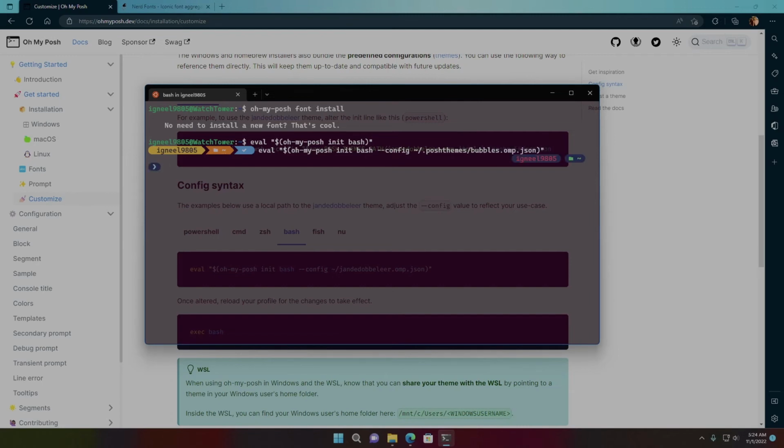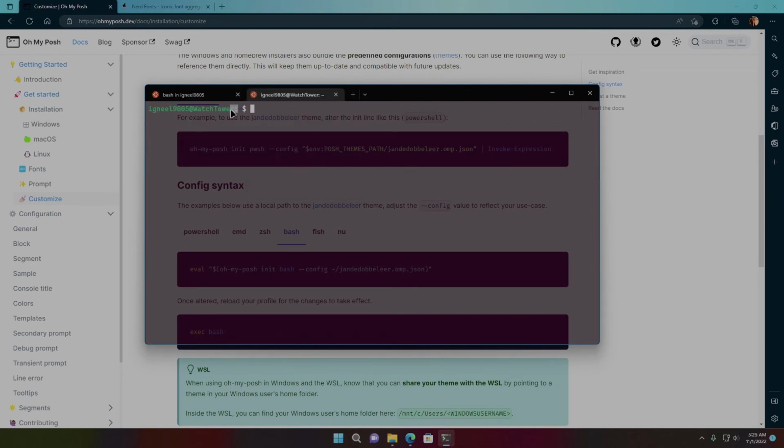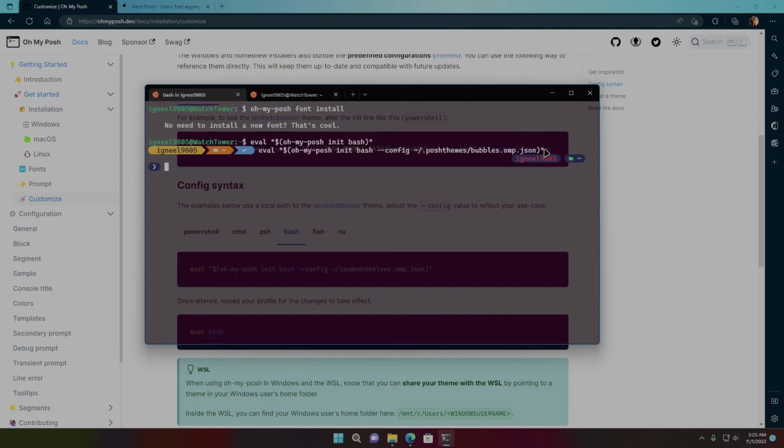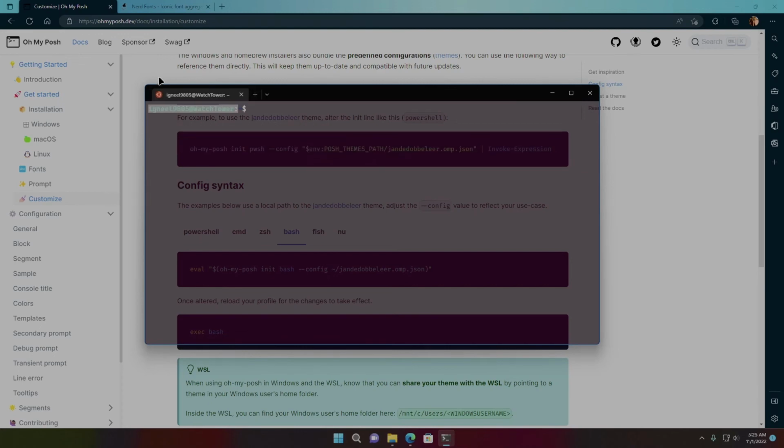Okay, we run this. Here's how I want my terminal to look like. So perfect. So up to this part, everything looks good, everything is working. But here's the thing: if I open a new tab, we're gonna see that we're gonna use the default option. Why is this? Because we need to run Oh My Posh as soon as we open the terminal. How do we do that? So we're gonna copy this command here and we're gonna add it